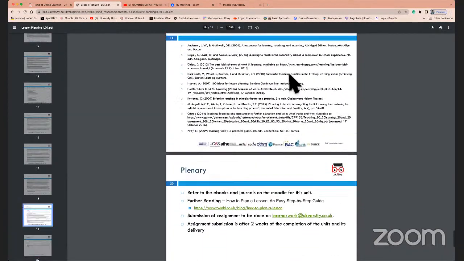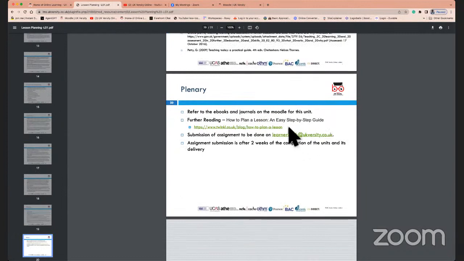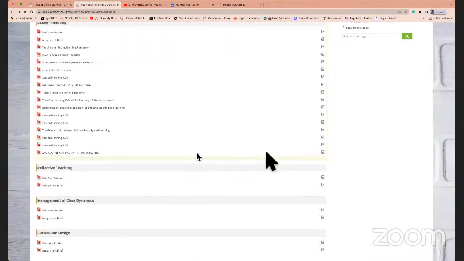Towards the end, what we'll also do is give you some additional reading, which are going to be useful sites from which you can read or get hold of 10-minute or 15-minute additional reading, or get hold of a template of a lesson plan in this case, because the first unit focuses on lesson planning and the first learning outcome is about how to produce a lesson plan. So sometimes you would see in the plenary section, we would put some additional reading websites or important articles, which will then be downloaded and available to you under the learning outcome for you to be able to read.